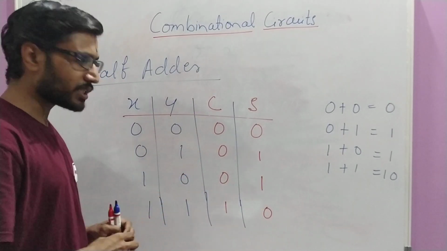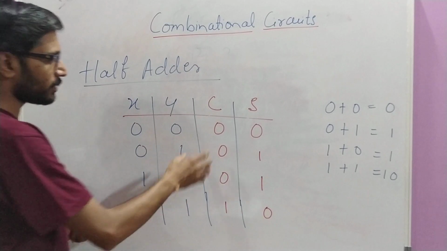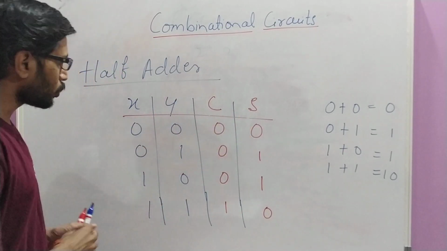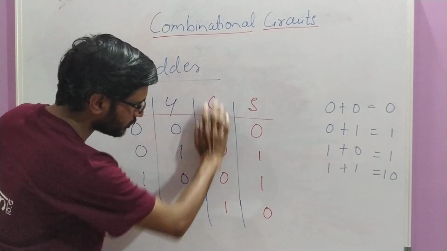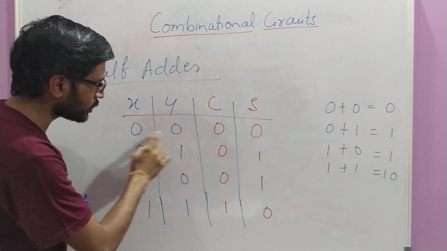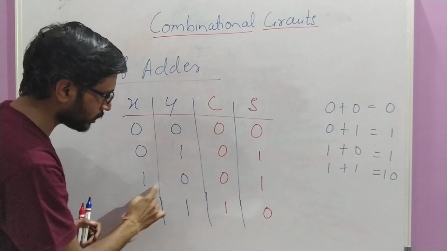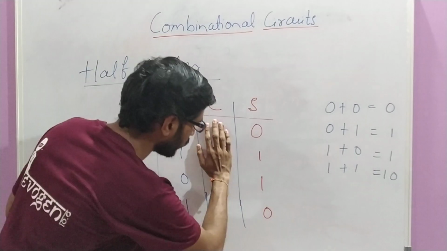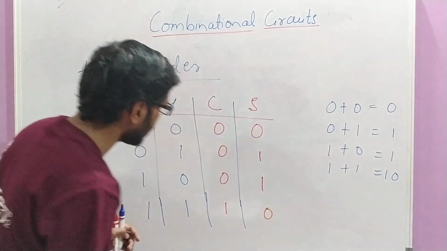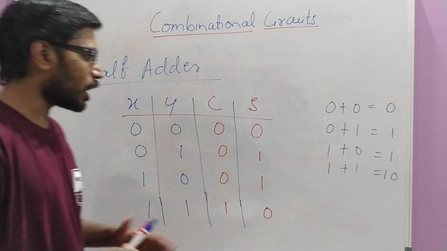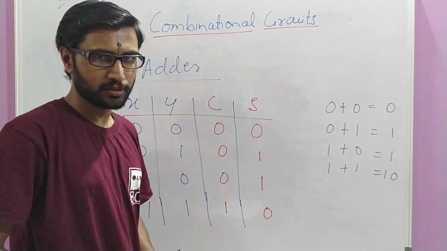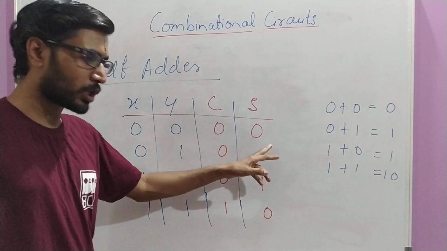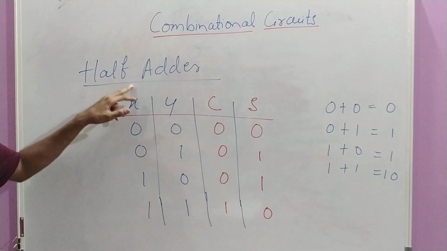Now let us take the second alternative, the second chance, where we take the sum. In case of sum, you should leave the carry, and if you observe this: 0 0 0, 0 1 1, 1 0 1, 1 1 0. Now if you observe this carefully, this sum is equivalent to the output of our XOR gate. So that means by using one AND gate and one XOR gate, I can design the half adder.